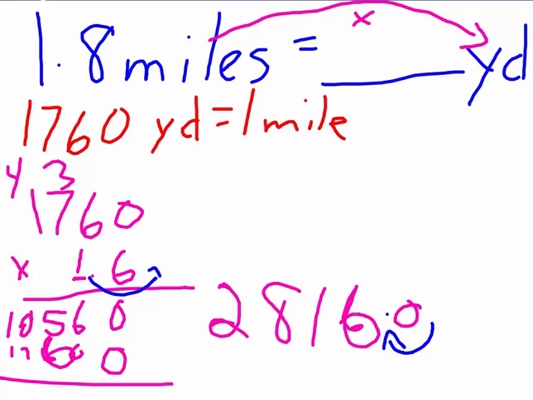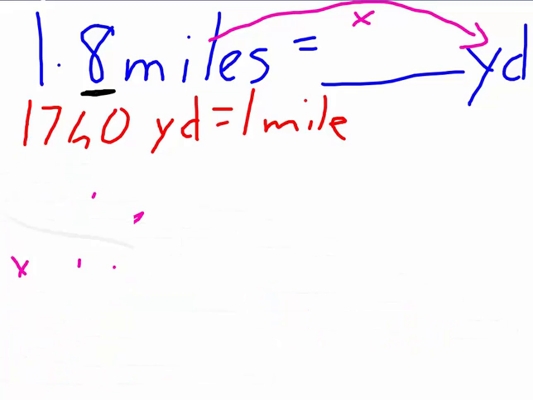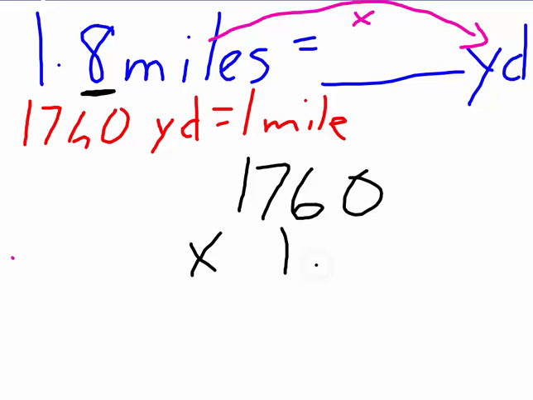So now I see a mistake that I made, so I'm going to have to correct it. When I'm going back, I see it was 0.8, and it was asking for 0.8, and I did 0.6. So I need to go back, check my work. So I have 1,760 times 1.8,